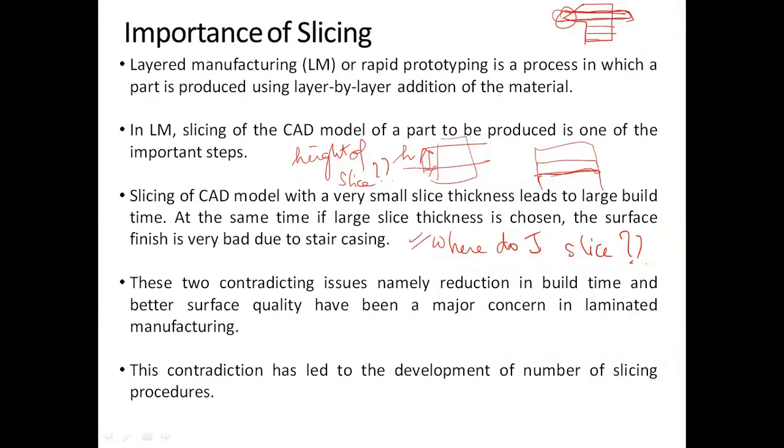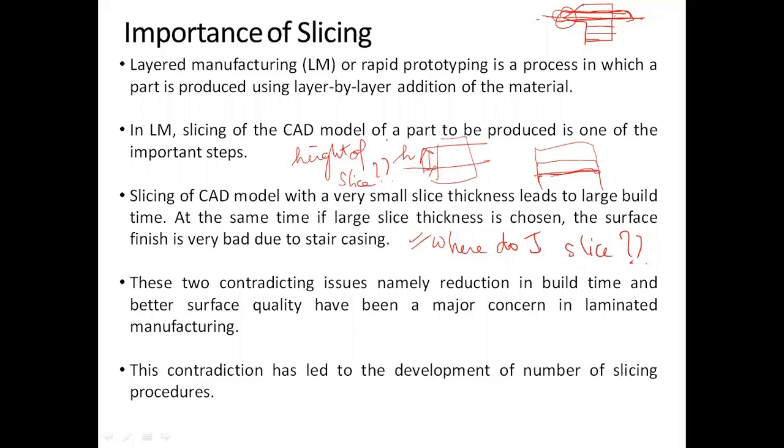If I slice like this, I can save the critical feature. But suppose I slice like this, the slice is cutting exactly through the critical feature. So the question becomes very pertinent as to where do I slice and what will be the height of my slice. So in layered manufacturing, slicing of the CAD model of a part to be produced is one of the most important steps,